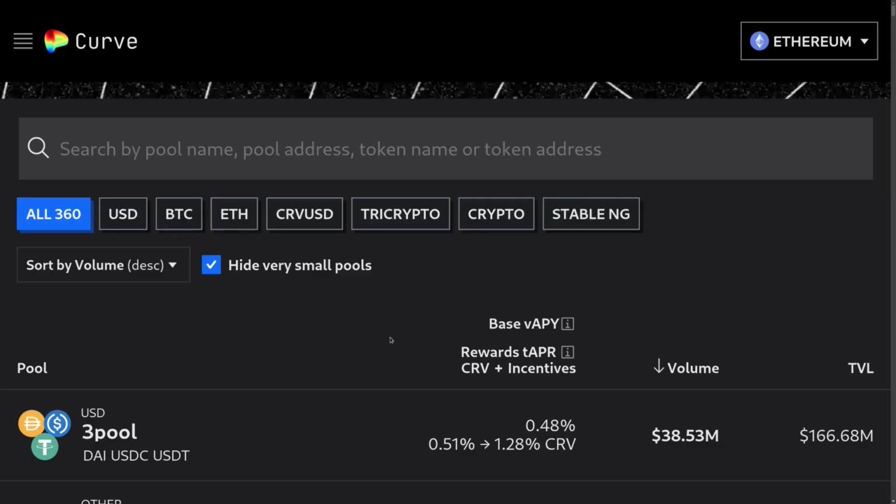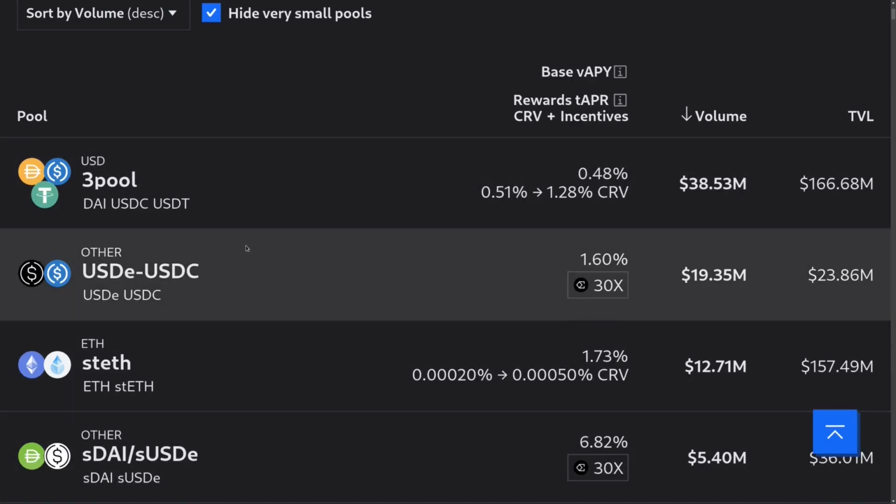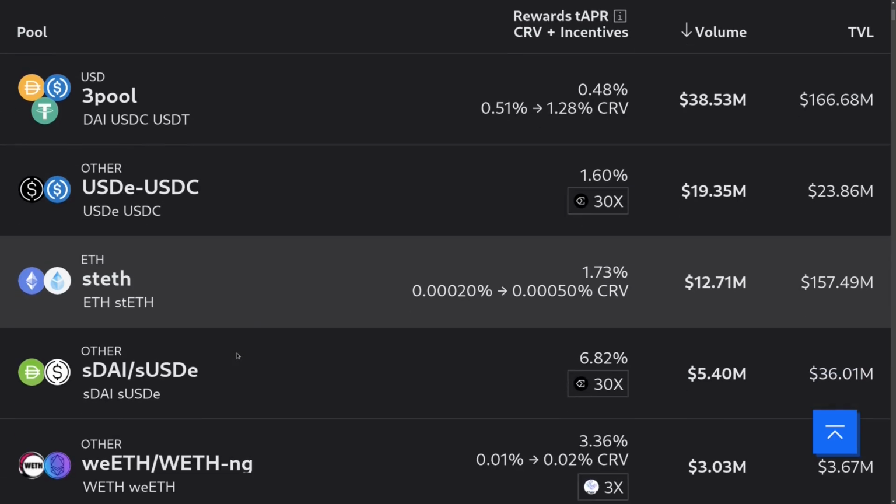For Curve V1, there is only one contract that the user interacts with when they swap, add liquidity, or remove liquidity. Now let's take a look at the user interface for Curve. When we scroll down, we can see that there are different pools. Here we have the 3 pool, and then next we have the USDE, USDC pool, and scrolling down further, we